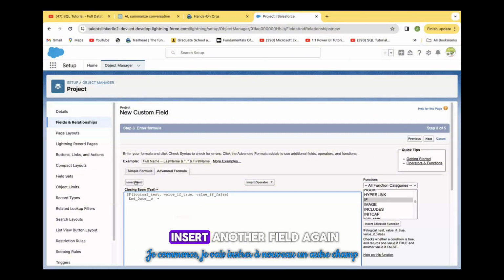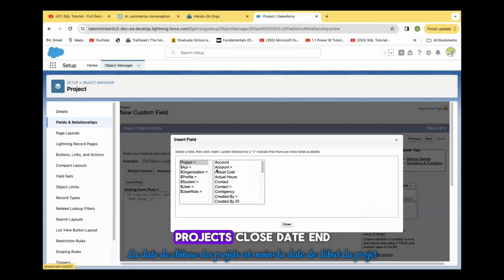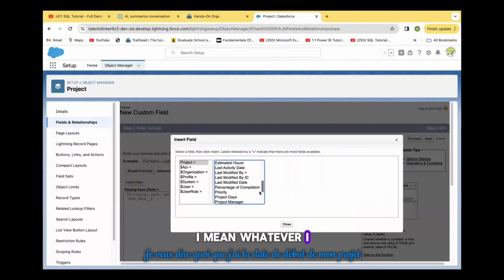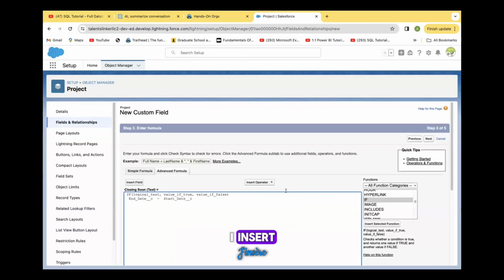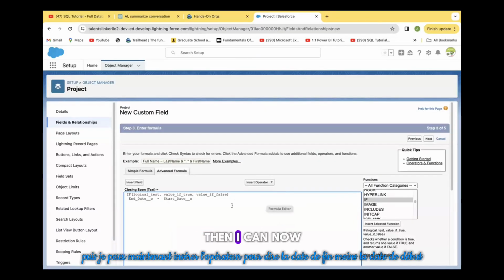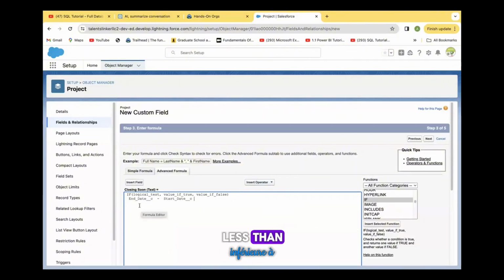I will insert another field again, project close date, end date minus project start date. Wherever I have my project start date, let me put it in, minus project start date. I insert. Then I can now insert operator to say end date minus start date less than